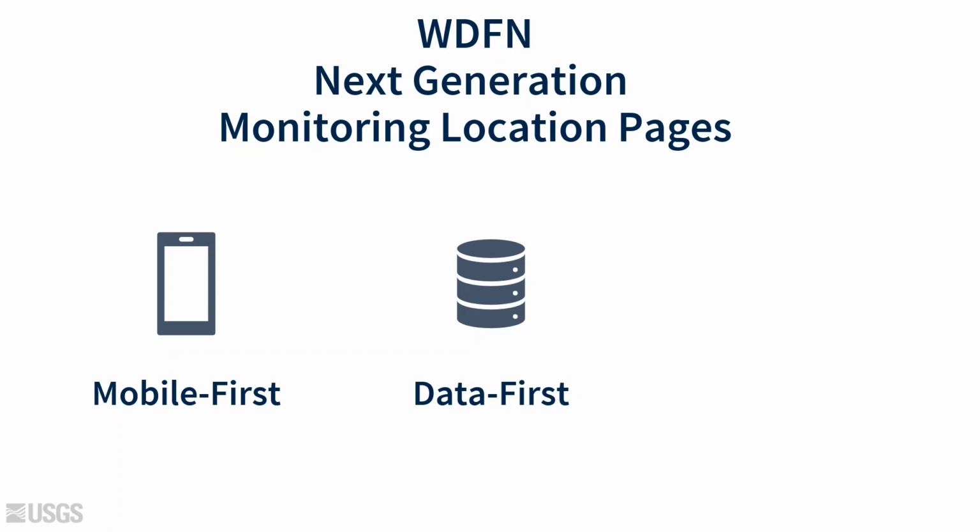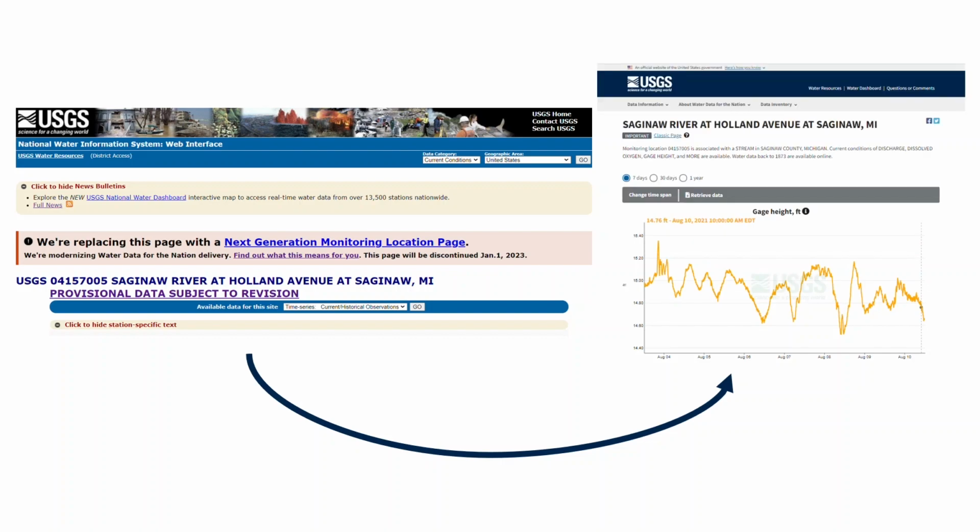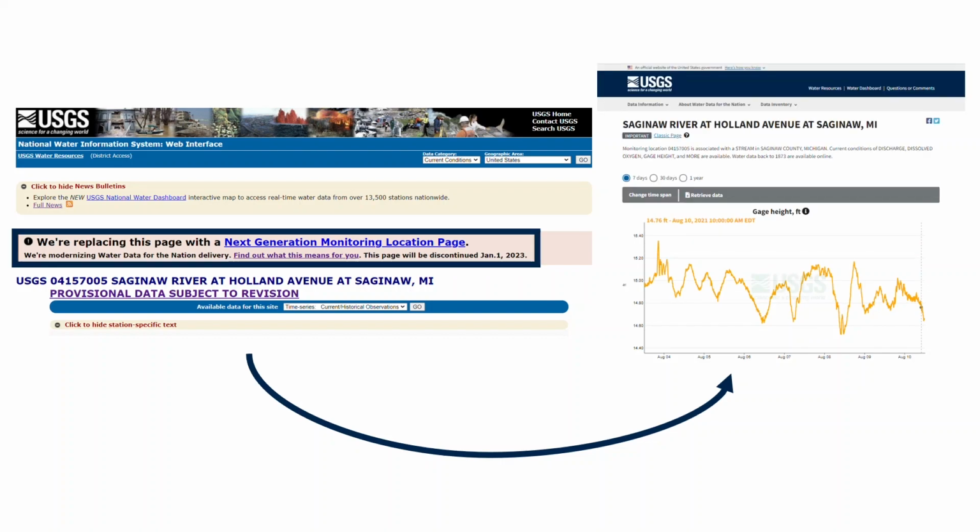Finally, we want these pages to have a modern flow with easily accessible data, so we brought common navigation and feature patterns into our technology, making pages intuitive to use. So we're going from this to this. Notice the text and link on the legacy pages, which encourages traffic to move to the next-gen pages.